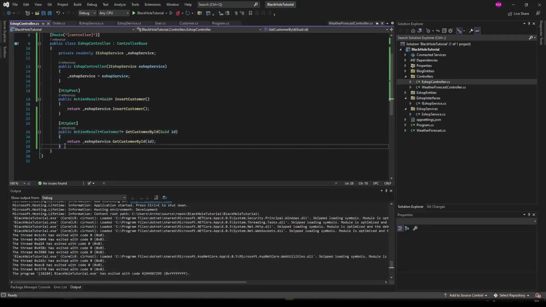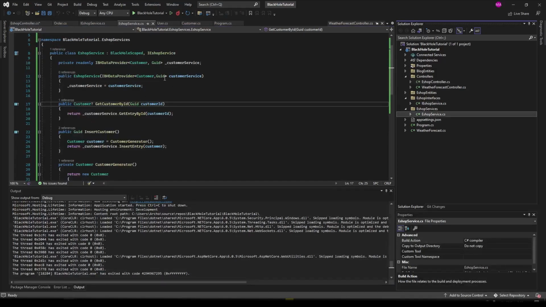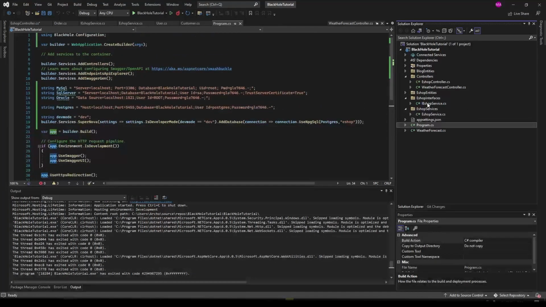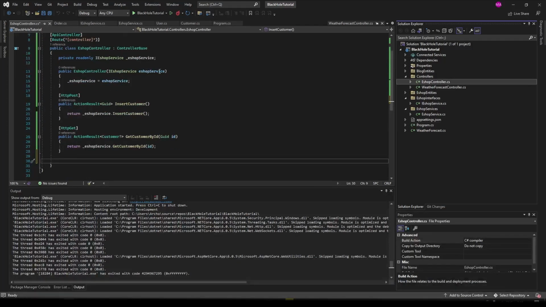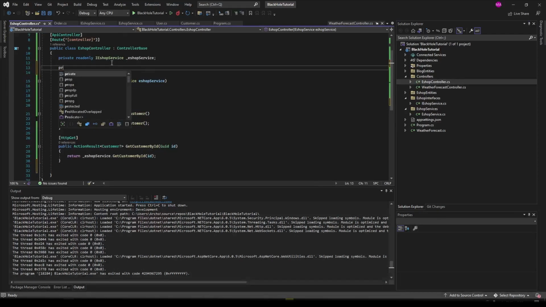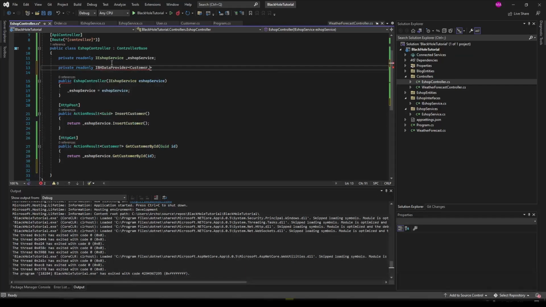Let's make another method here. And let's find customer by name. And because I don't want to create a new method in our service every time, the service was only for demonstration purposes to show you that it is getting registered to the IServiceCollection without adding anything here. But now we don't need this service anymore because BlackHole's data provider is already a service. So we can say private readonly BlackHole's data provider, or I could copy it from the service, but anyway,